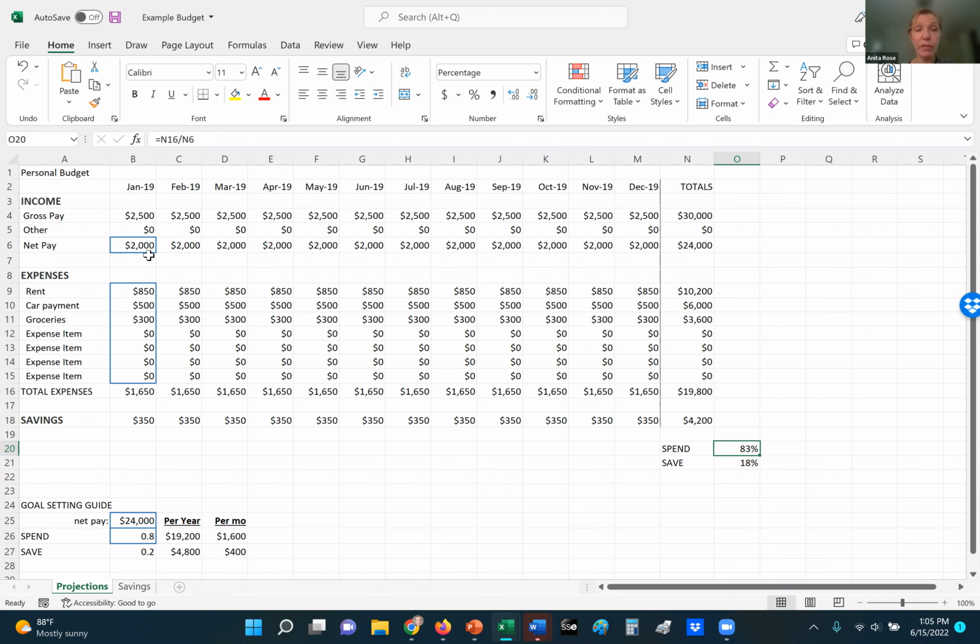If you have any other income, you would include that as well. And then you have your net pay in here. Now, you have your gross pay, but don't forget, we're looking at net pay. And I will show you how we're going to go about that. You want net pay in here, the take-home pay, right? After all the taxes and benefits and anything else that's taken out, what do you have left over? And then we can look at the expenses.